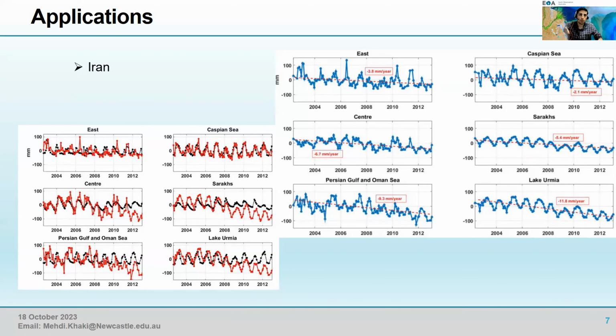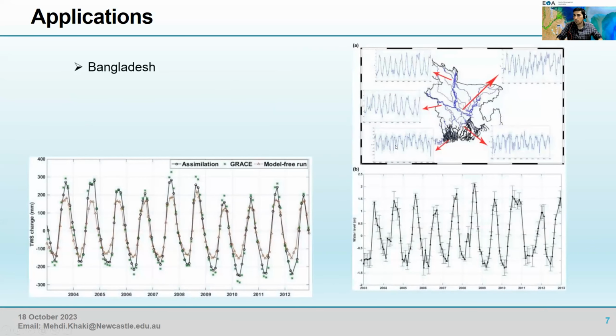So the negative trends in the groundwater and total water storage changes have been identified more accurately after the GRACE data assimilation. Another study was, for example, what we've done over Bangladesh. The challenge in that case was the abundance of surface water. So we had to use some satellite altimeter data to get some understanding about the surface storage. We then removed that surface storage from the GRACE data product and then used the remaining to improve the model corresponding